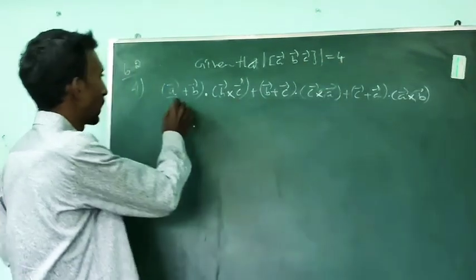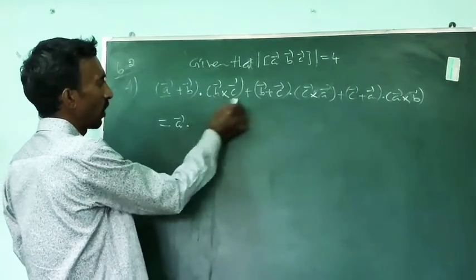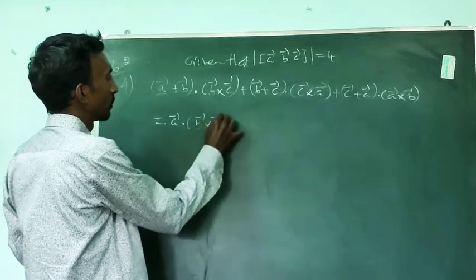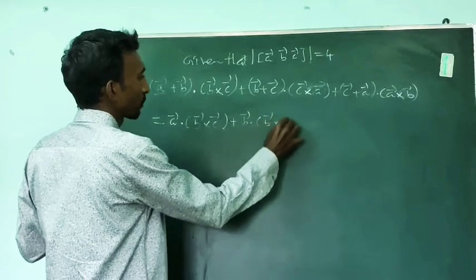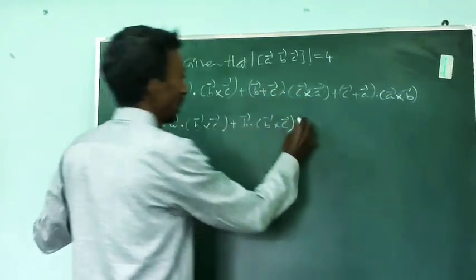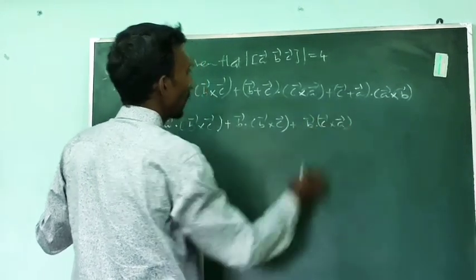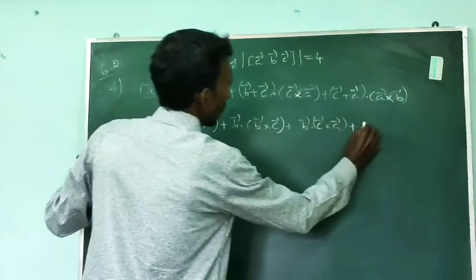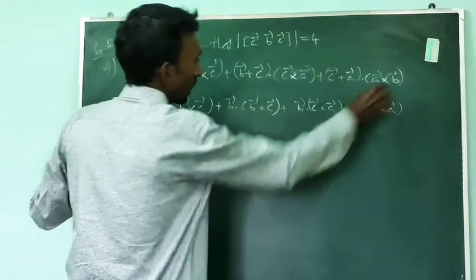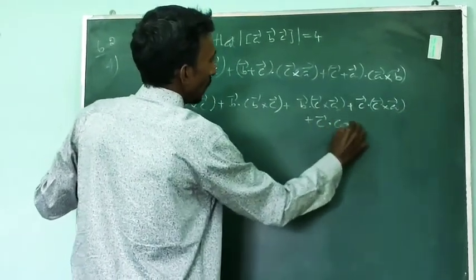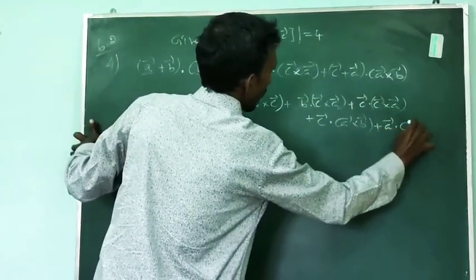Okay. So first one, look at here. First term, take the first one A and product with the second one. So A dot B cross C. Similarly the second one plus B dot B cross C. Similarly the next, B dot C cross A, okay, plus C dot C cross A, okay. Similarly the third one, C dot A cross B, okay, plus A dot A cross B.